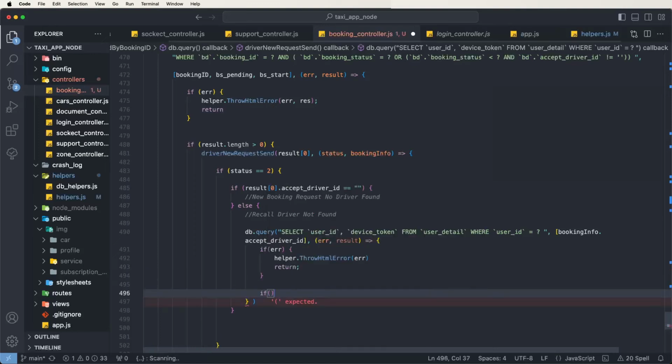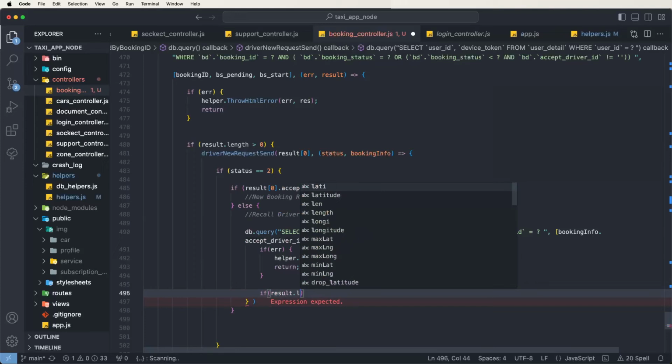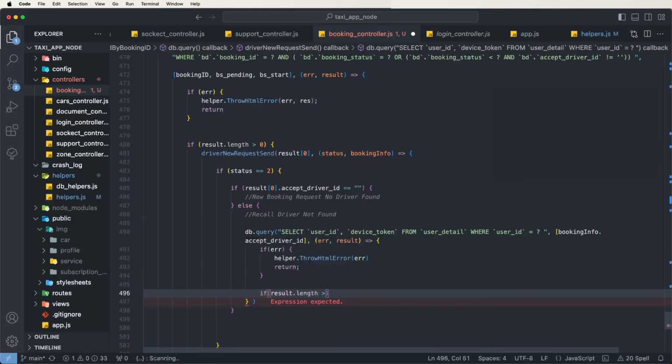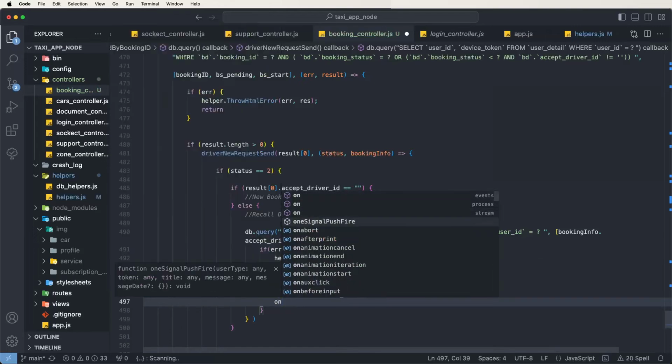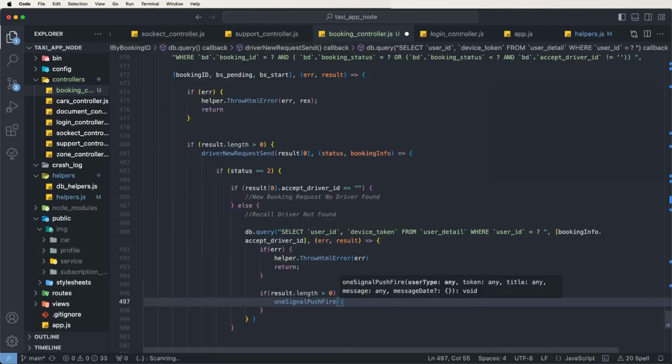Need to check here if results land more than 0, then fire a push notification. One Signal push fires, and to pass here the parameters, first of all,